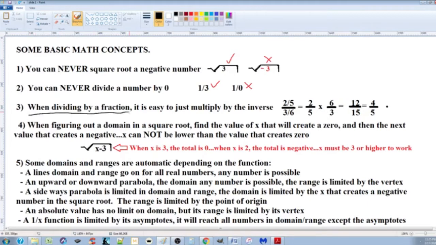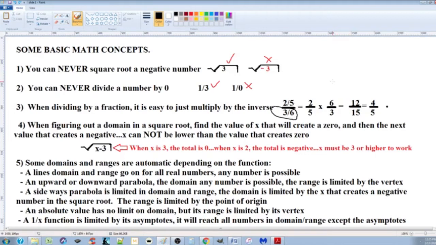When dividing by a fraction, and you will need to do that several times in functions, it is a lot easier to learn this. You can just multiply by the inverse of the bottom fraction. So let's say I have 2/5 and I need to divide it by 3/6. Okay? Well, that's a pain in the butt to figure out unless you turn this into decimal and this into decimal, but then your calculator is going to spit out a decimal, okay, which it'll spit out 0.8, which isn't useful